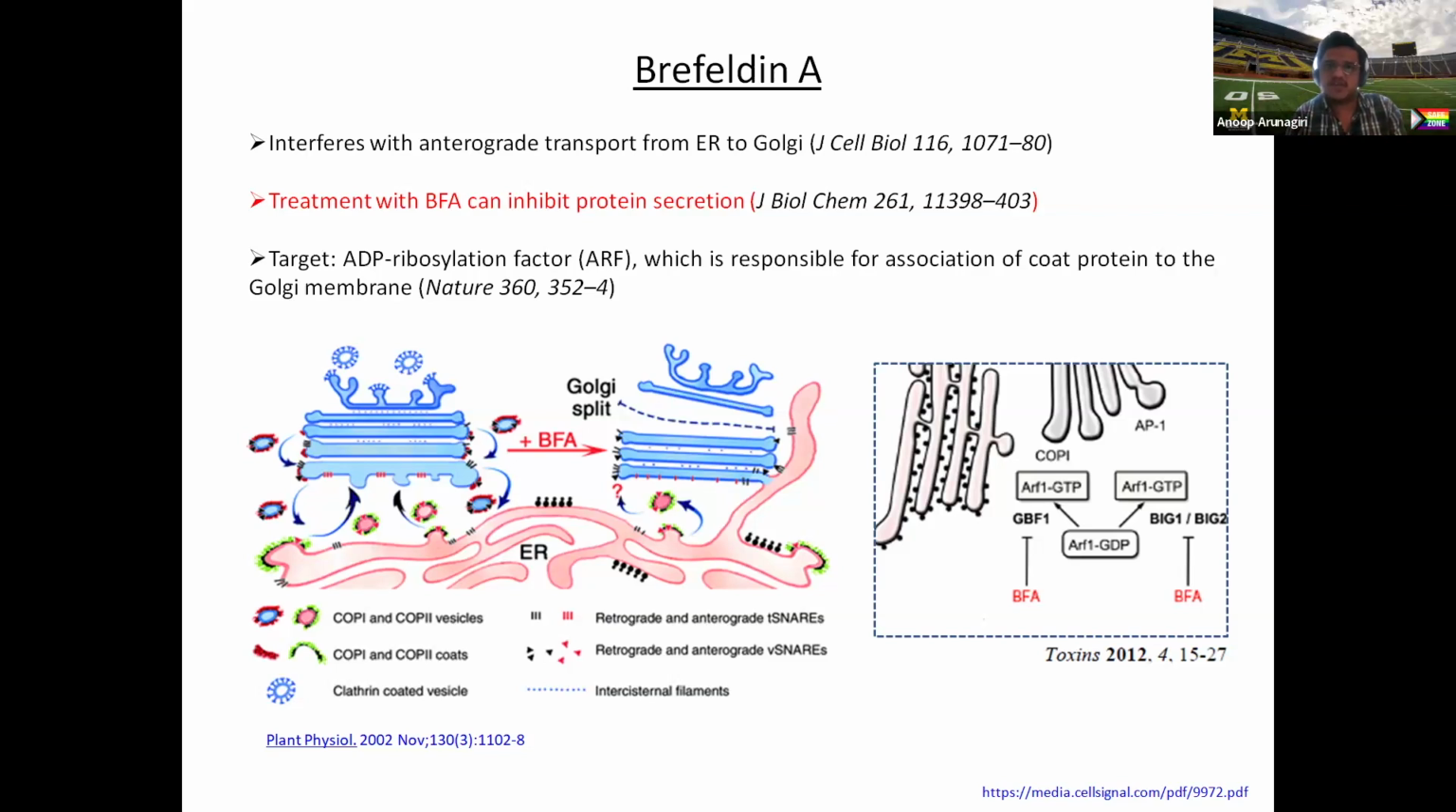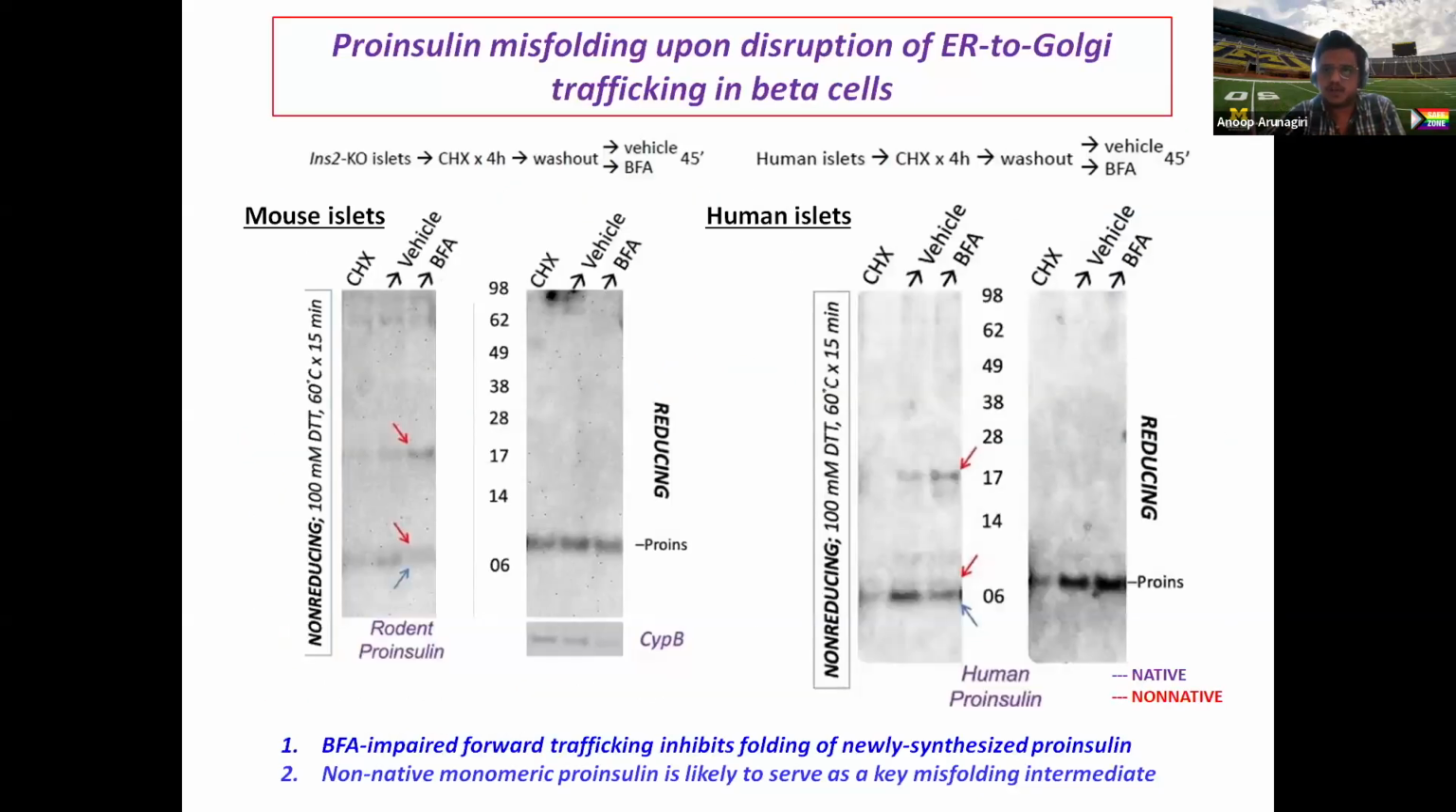So we did that. We used brefeldin A on the beta cells. We isolated mouse or obtained human islets from Prodo, and treated them with brefeldin A. This experiment is particularly interesting because what we did here was we first treated the cells with cycloheximide, CHX, that is a protein synthesis inhibitor. So we remove all the old molecules from the cells. Then we wash out the CHX and we are only concentrating on the new molecules. So at the end of the washout, we add either the vehicle or the BFA,